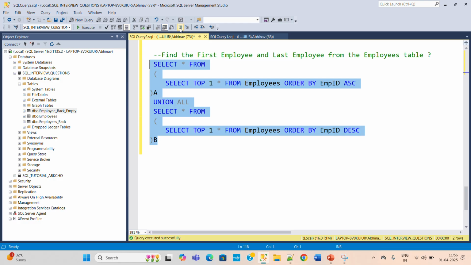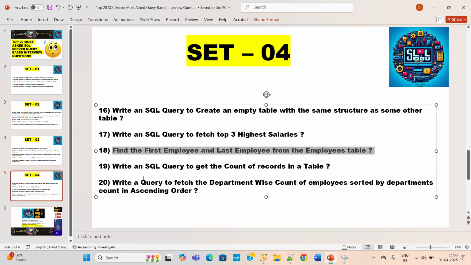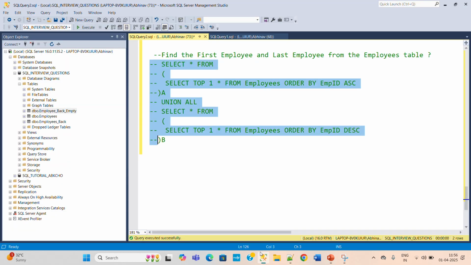Okay, so this is clear to everyone. Now move on to the next question. The next question we have: write an SQL query to get the count of records in a table. So this is a very simple query. Basically we need the count of records in the table. So just